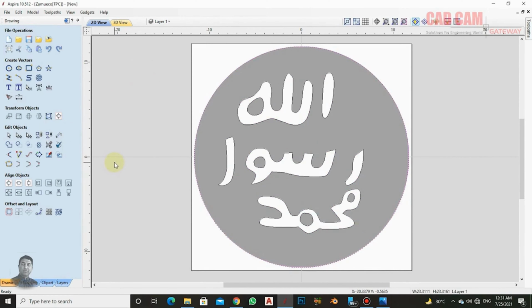Now, let me explain why I'm deleting it. As soon as I press N for nodes, you'll notice that a lot of nodes have been added to the outer circle. That's why I select this circle and delete it. We can redraw this circle later. After that,